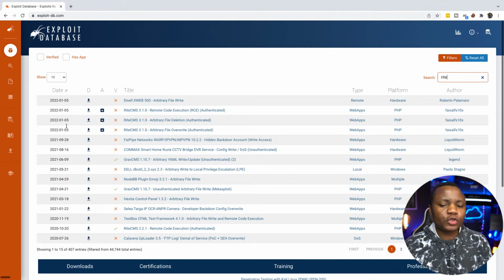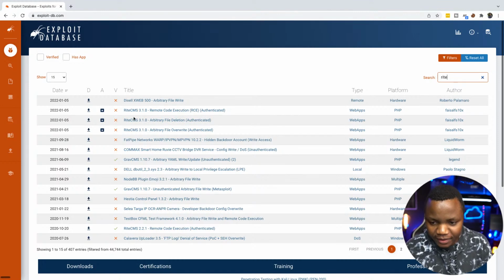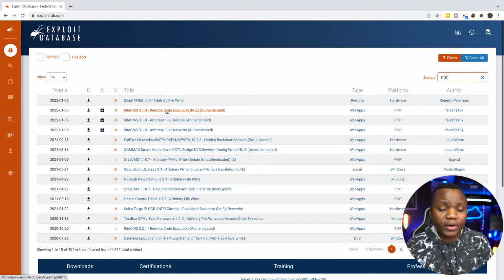Look at this, from 2022. So this is from this year. On the 5th, we had a few vulnerabilities on version 3.1 of Write CMS. And let's look at authenticated remote code execution. When you're looking at these here,